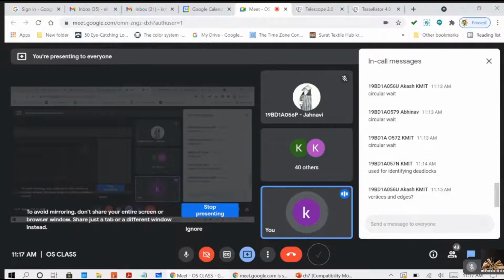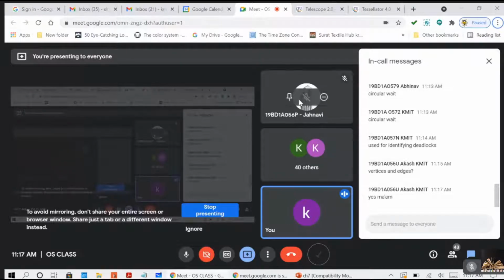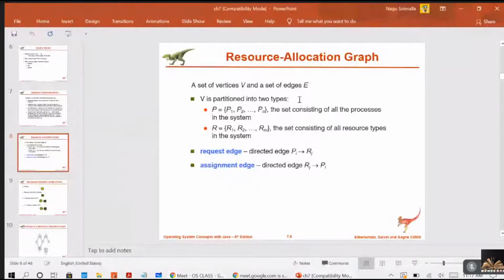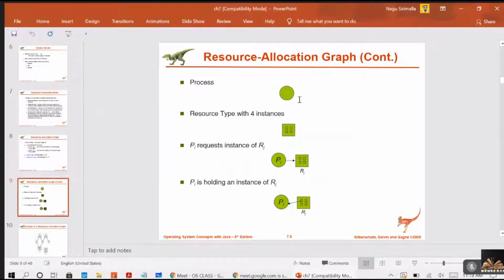If your system has more than one number of the same kind of resource, you can call them instances. So if I have two printers, I can say I have a resource type printer with two instances, two copies, right? Guys, are you getting me? I'm once again briefing the things. Try to go through it. I think most of you were absent in the previous class, right? For those who are absent, try to go through the things I am teaching now. You can understand, right? So these are the things, how you are going to represent them.